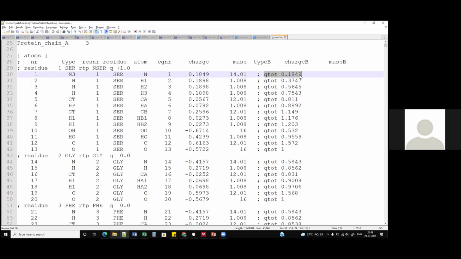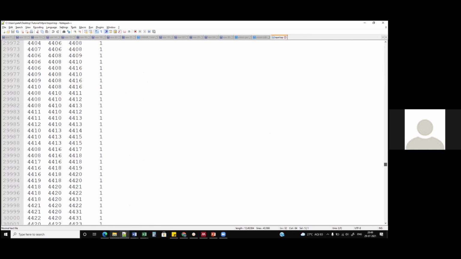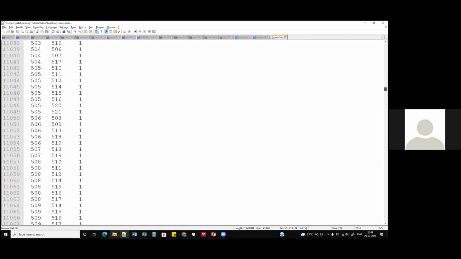q dot over here in this case, but just assume that it is a total charge. So over here it is 0.1849. Then for the second one, you need to sum this up. If you sum this up, it will be 0.3747. Then you need to sum these three, it will be 0.56 and so on. At the end of this, somewhere over here,